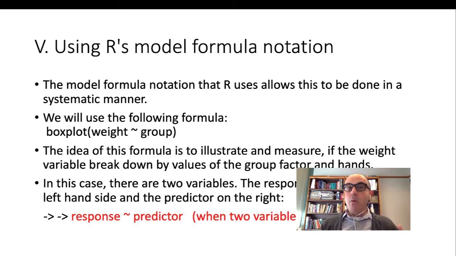One of the things that we will encounter endlessly throughout the semester is using R for notation. And the model formula notation in R allows this to be done in a systematic manner. So let's take as an example a box plot, and we will say weight versus group. So the idea in this case is that we are going to look at two responses of a variable, left side and the right side, when we have two